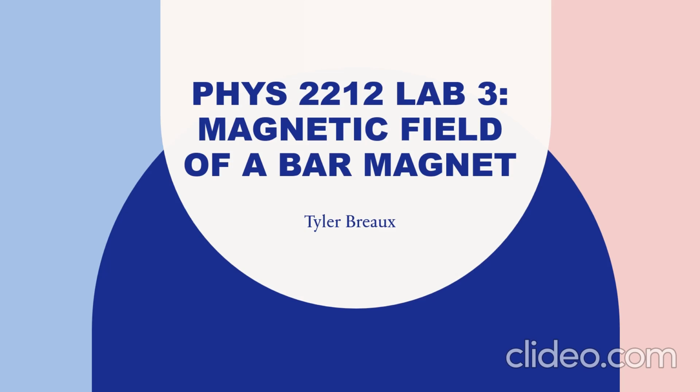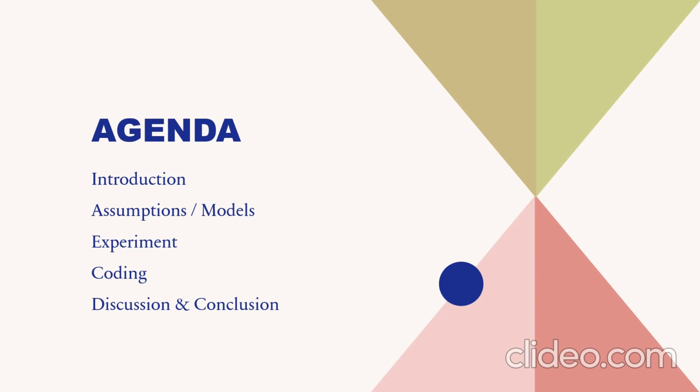My name is Tyler Bro, and this is Physics 2212 Lab 3, Magnetic Field of a Bar Magnet. We're going to start with an introduction, then go into assumptions and models. We'll then compare the experimental data to the data acquired via our GlowScript coding model, and lastly, we'll cover the